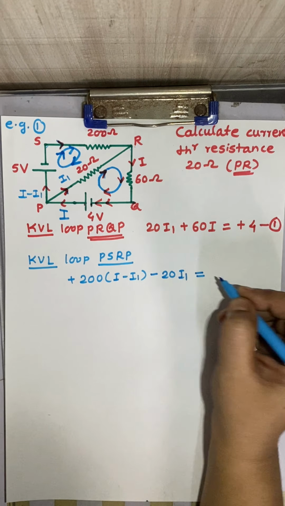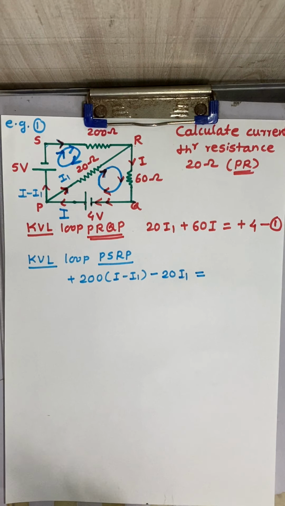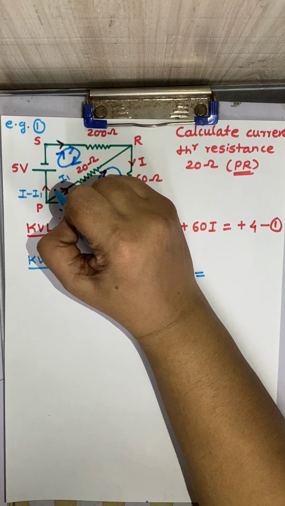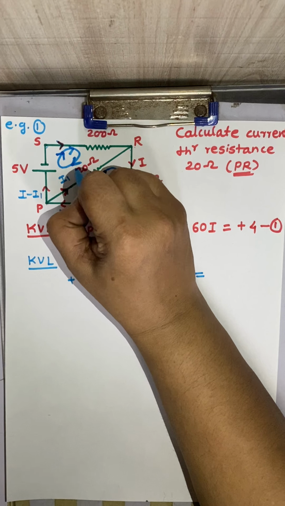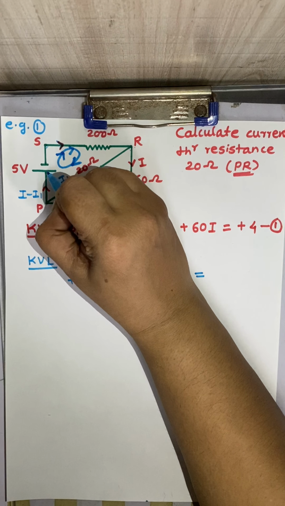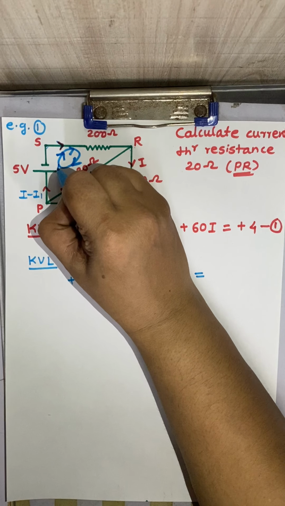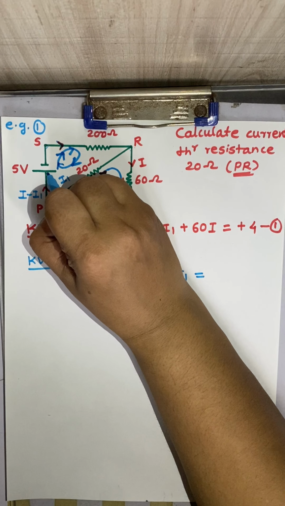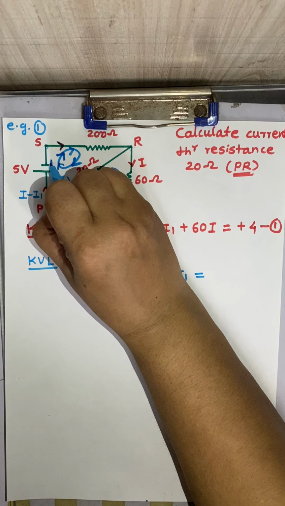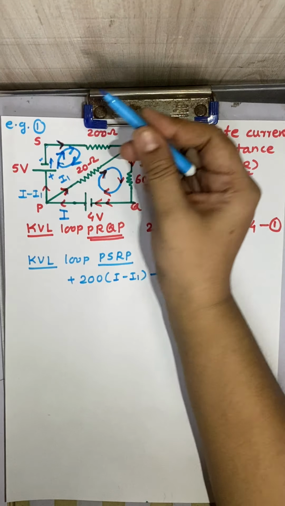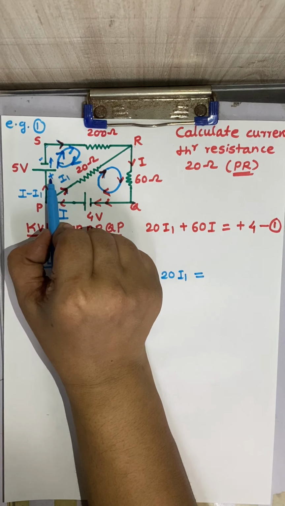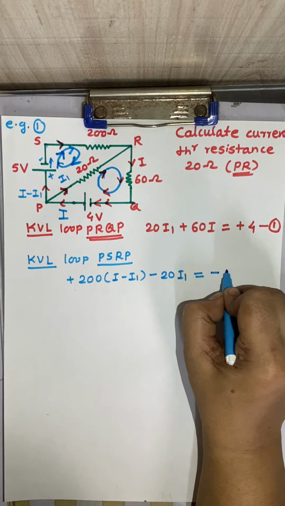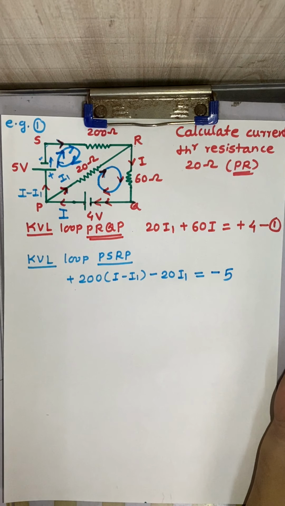Now I want to introduce the cell, because a 5-volt cell is there in that particular circuit. Okay, now let us go for that. While traversing, suppose I traverse clockwise, and while traversing I have to move from plus to minus, because traversal is like this. Yes, so while traversing the path, we are moving from plus to minus through the electrolyte. So when we travel from plus to minus through the electrolyte, then that cell EMF we will consider as a minus. So it is minus 5.